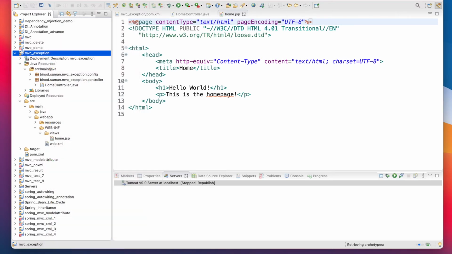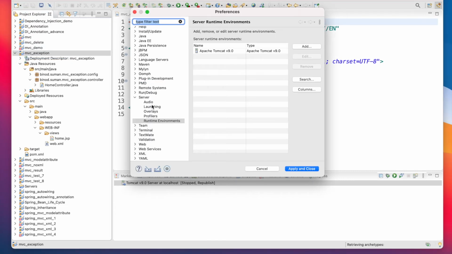And to set the Tomcat, you go to Eclipse, go to preferences, and here you go to the server runtime environment, and you have to go to the Tomcat website and download Tomcat, unzip it, and set the path here. That's it.